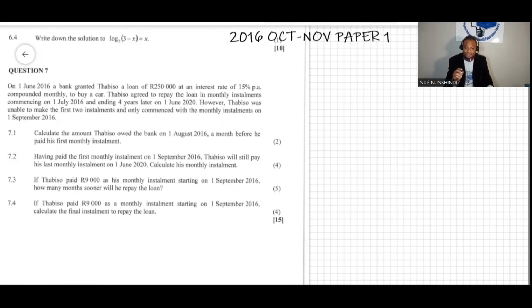Now, question 7.1 says this: calculate the amount Tabiso owed the bank on 1st August 2016, a month before he paid his first installment. All right, so here is 7.1. We are asked to calculate the amount Tabiso owed the bank after the first months. So this will be